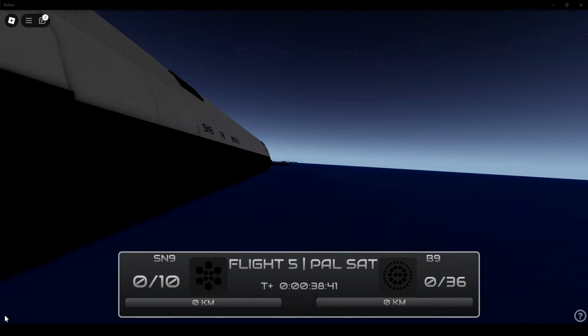Lower than expected due to the delay of Eagle One Flight 12 carrying Ruko and the crew for our first crewed launch. So until then,